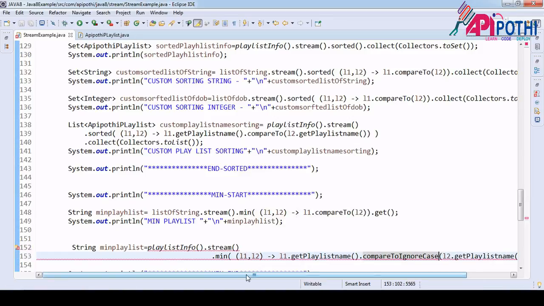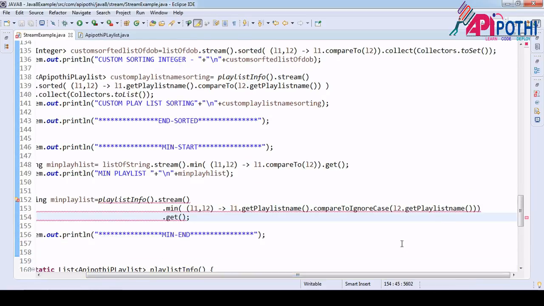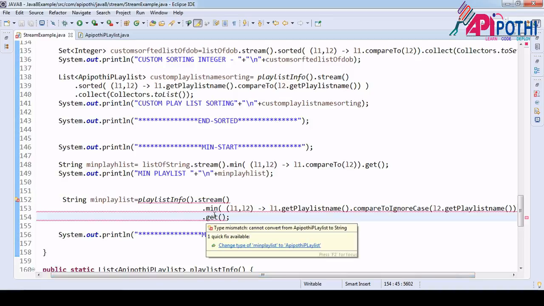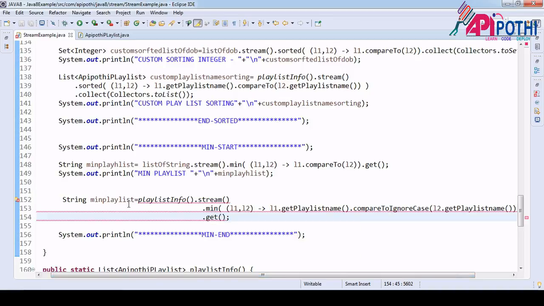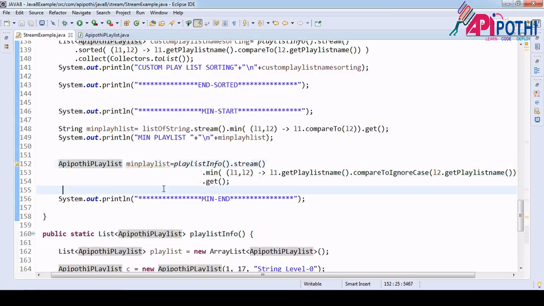Okay, let me see some error with this. What is this? Okay, because of this one, right? It's not the string type, it's the object type.